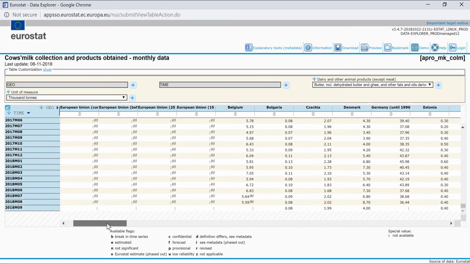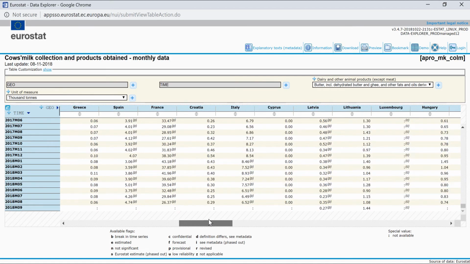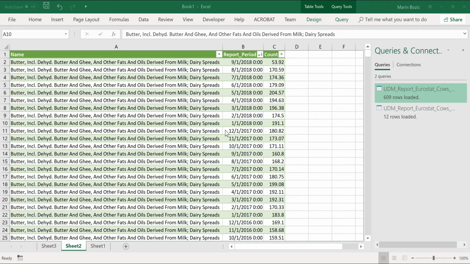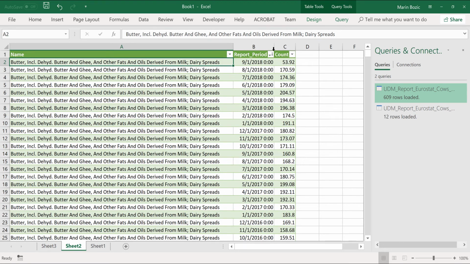Why? Well, in this case in particular, it will be because Luxembourg does not report butter production at all to Eurostat. So you're given a task to prepare a time series on butter production for European Union using UDMDirect. So here is what the final deliverable will look like. This is the variable of interest, butter. So we want a simple time series that will have the estimate for EU production of butter and these other